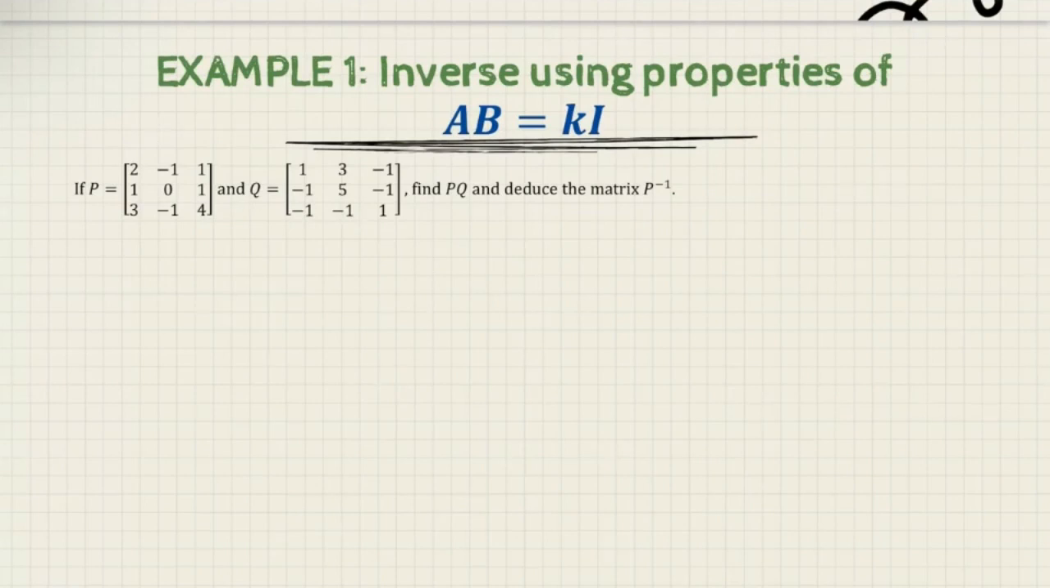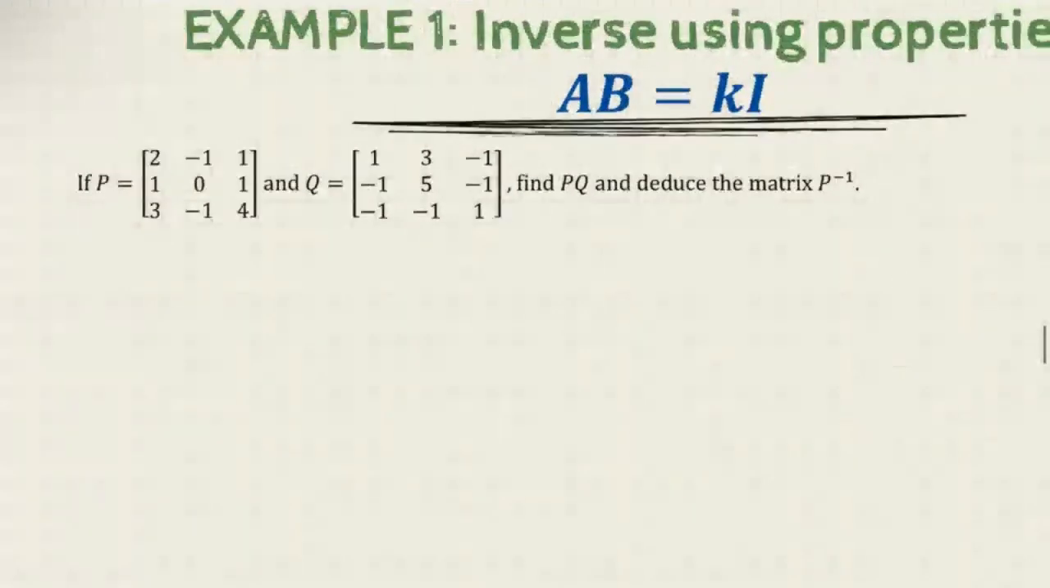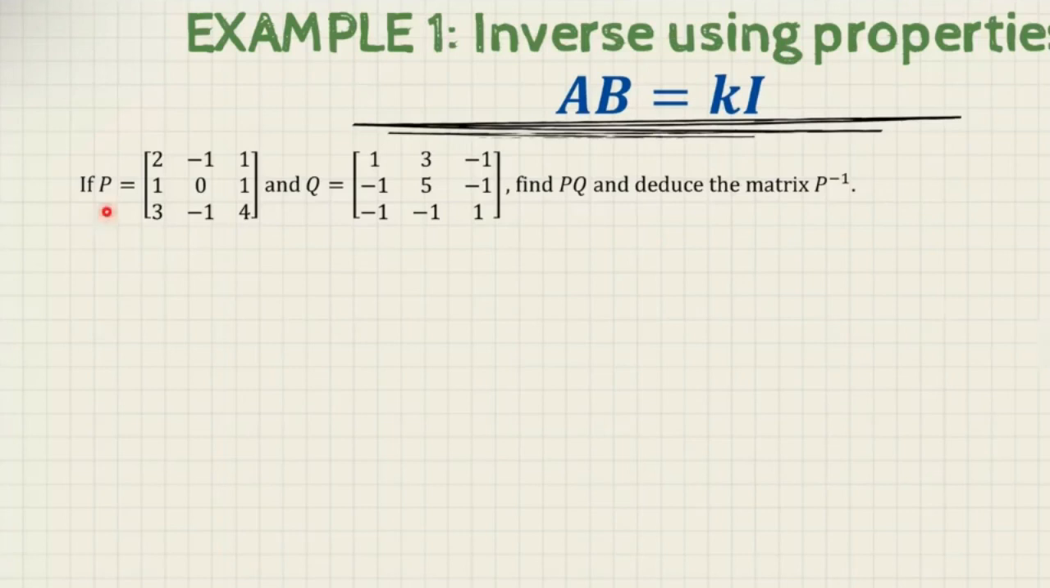Okay, so perkara pertama adalah soalan dia akan macam ni. If matrix P adalah 3 by 3 matrix, okay, and matrix Q pun adalah 3 by 3 matrix. So the first question is find PQ and deduce the matrix of P inverse. Okay, so let's look what will be the product of P and Q. Okay, macam mana kita nak darabkan matrix? So PQ equals to,